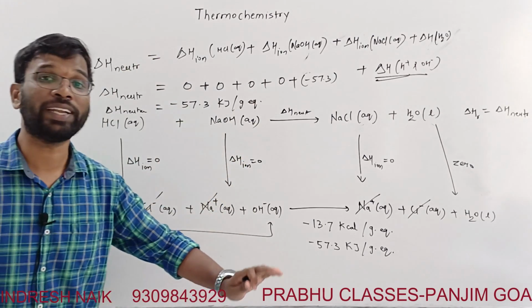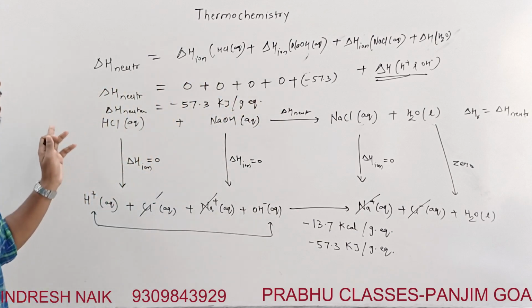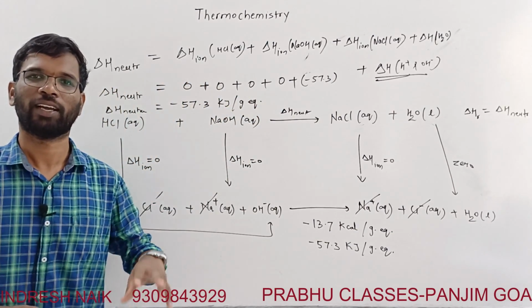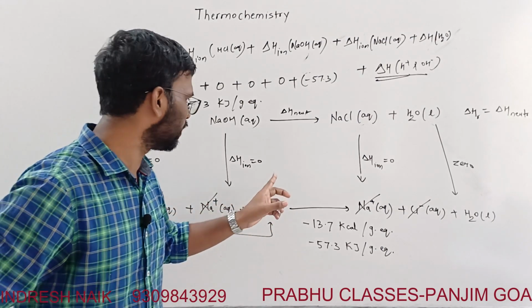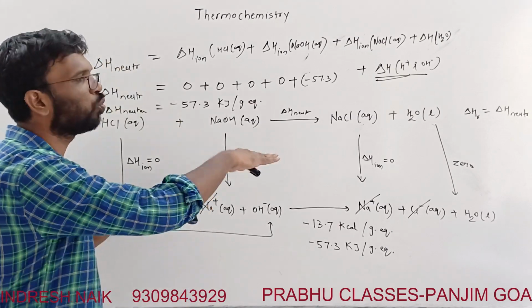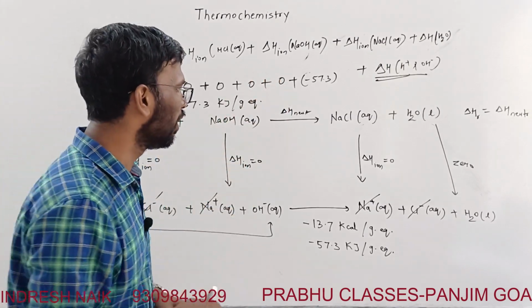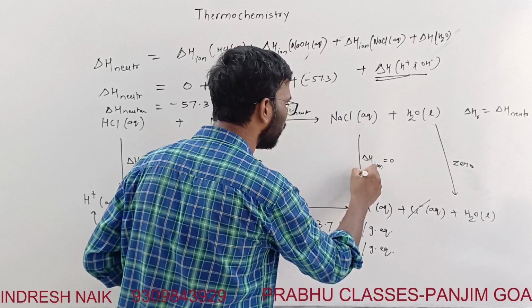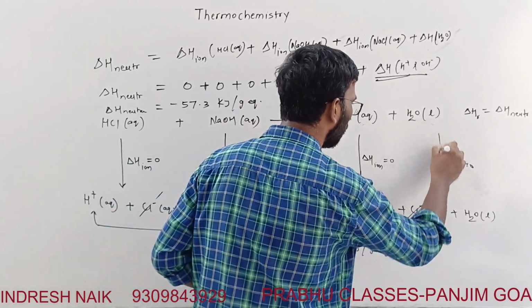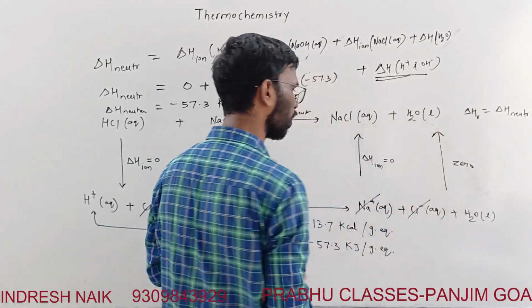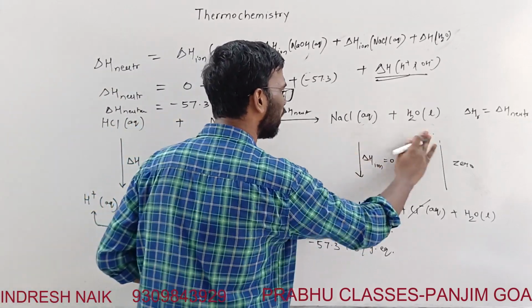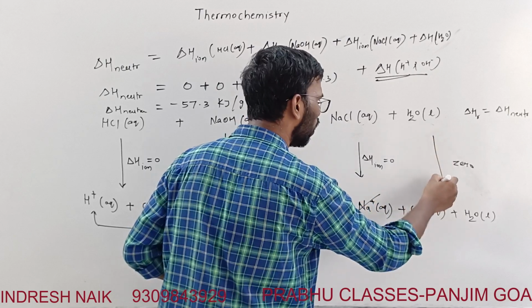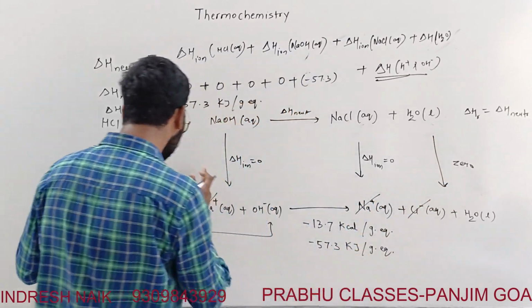Now we'll take an example where we'll be discussing a weak acid and a strong base. Okay, I made a slight mistake over here. To be correct with Hess's law, I should show the arrow direction to be this, but I have shown these arrows. We'll keep the direction same, just don't get confused over here.